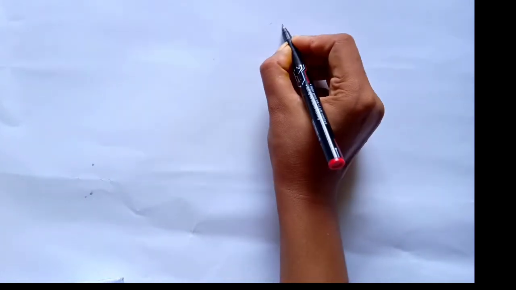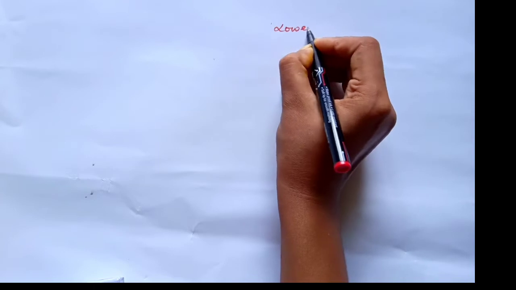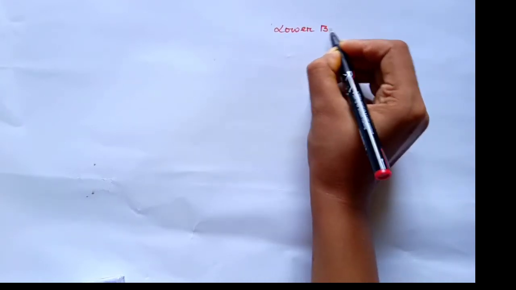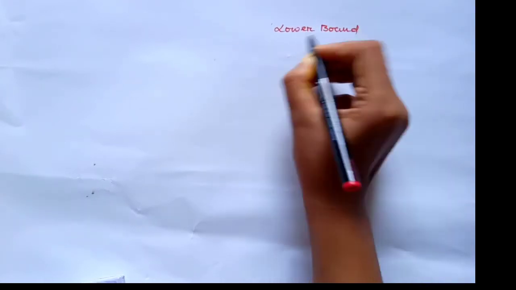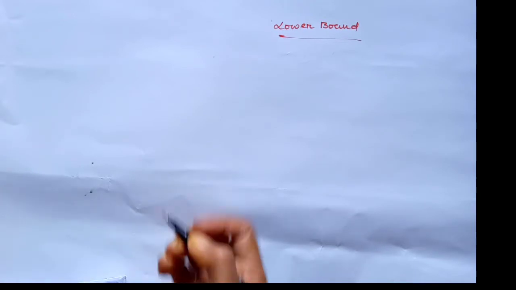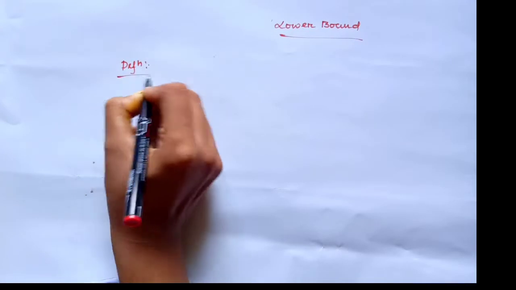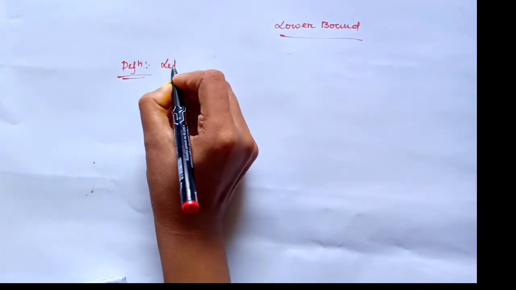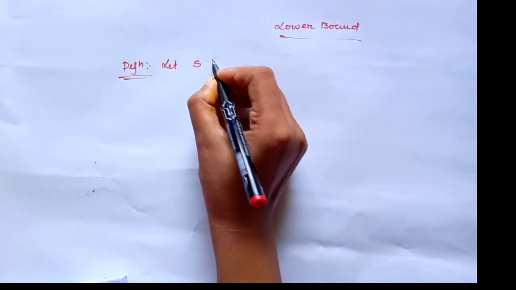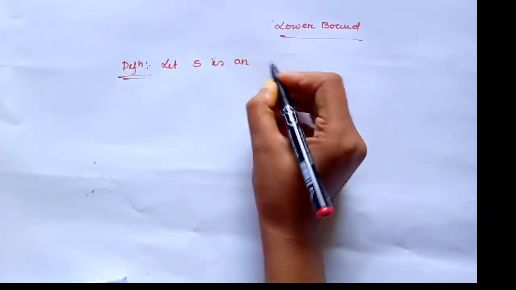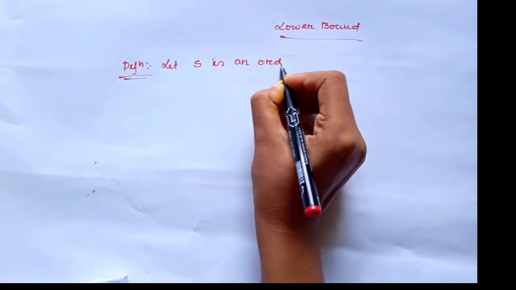I'm going to say lower bound. What is the definition of the lower bound? Definition. Let S be an ordered set